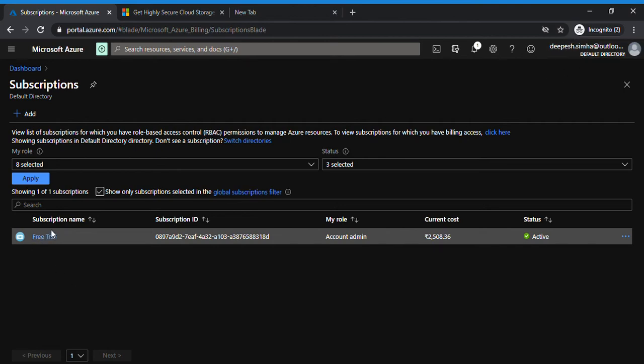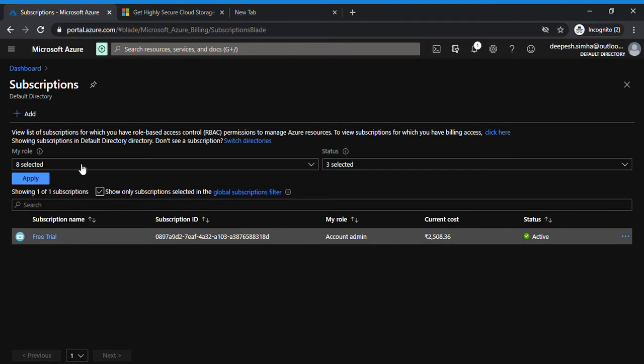For example, I have a free trial and I can also go ahead and create another subscription. You can have multiple subscriptions, but each subscription has its own individual cloud services, and you can keep creating them. You can also have separate billing. For example, you're working in an organization that has development, QC, UAT, and production as separate environments.